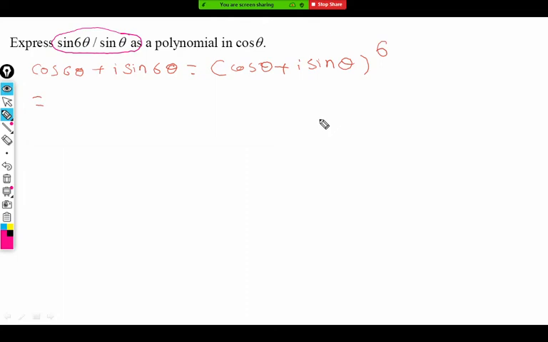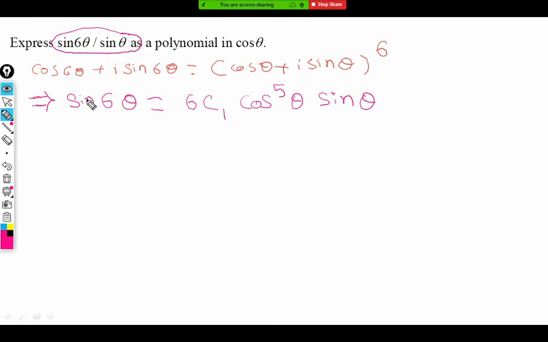But if you want to drop one step here, what you can do is equate the imaginary part. So I'm only considering the imaginary part. Sine 6 theta is equal to: first cos raised to 6 is real, so I ignore it. Next is nC1, that is 6C1. So I will start with that. 6C1 cos raised to 5 theta and i sine theta. Only sine theta I will write because I said equating the imaginary part. I'm not interested in writing that iota there. So I'm dropping one step.